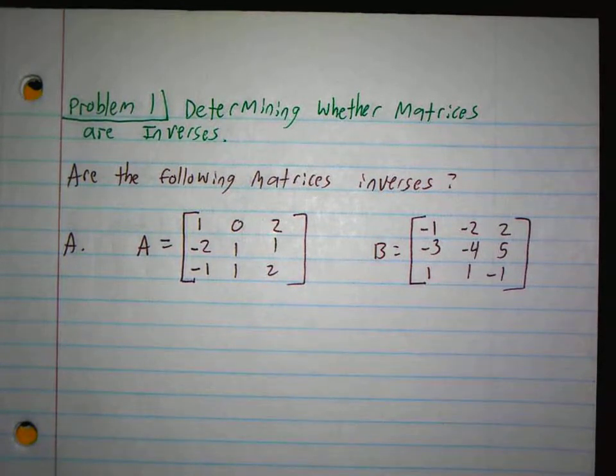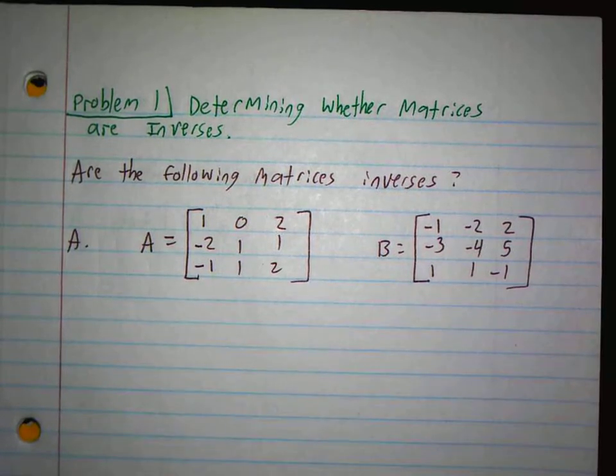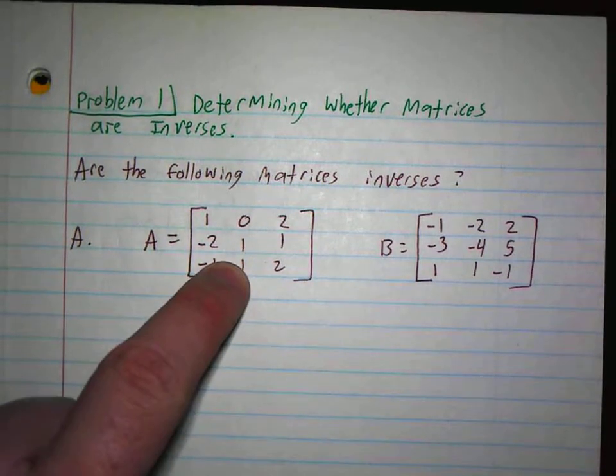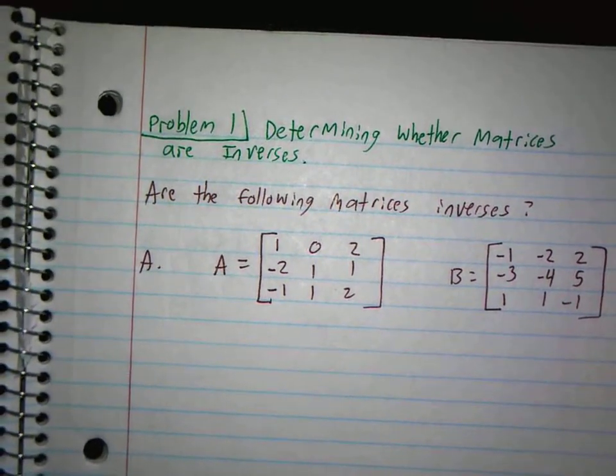Okay, so we're going to determine whether these matrices are inverses. We're given matrix A and matrix B. The first thing, in order to be inverses, you have to be the same dimensions. So this is a 3 by 3, this is a 3 by 3. Okay? And so to check to see if two matrices are inverses,